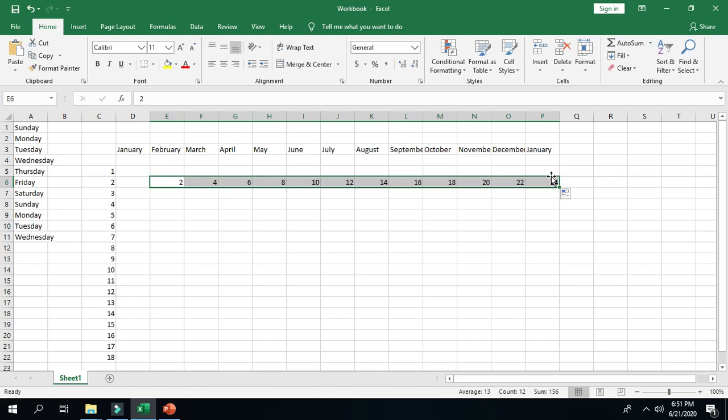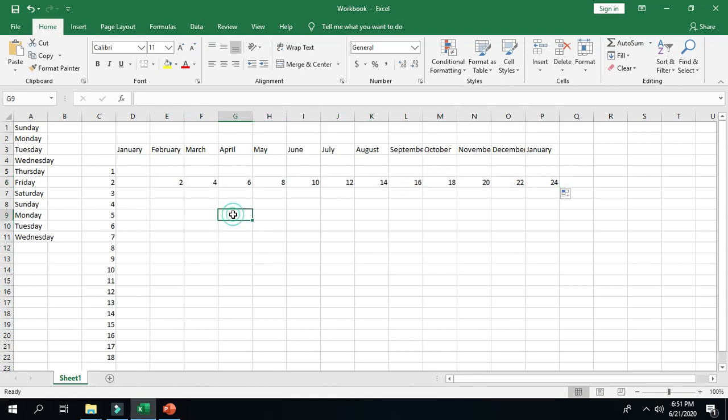Next is the date series. In a similar way, we can also generate a date series, but the condition is that firstly we have to write the date, then the month, then the year. So firstly we will write two dates.